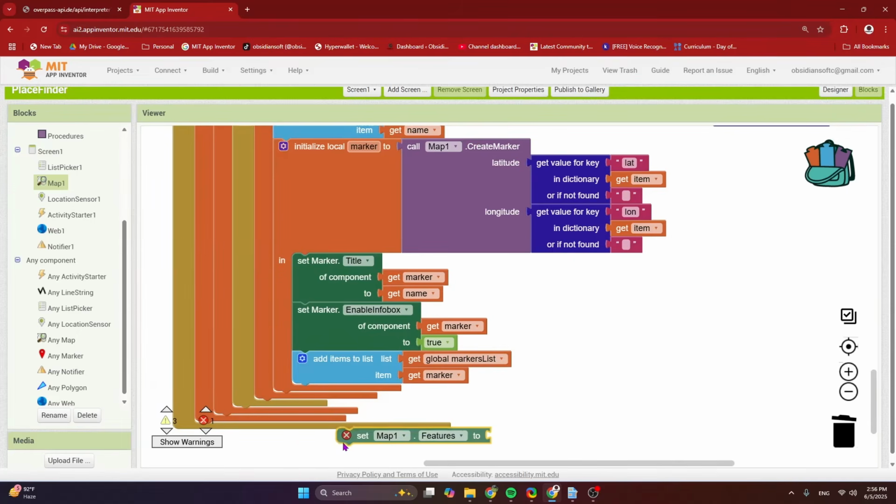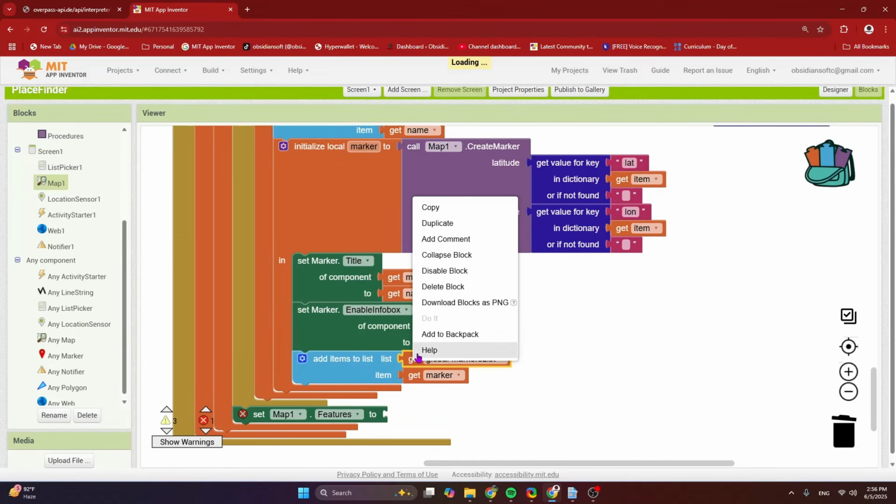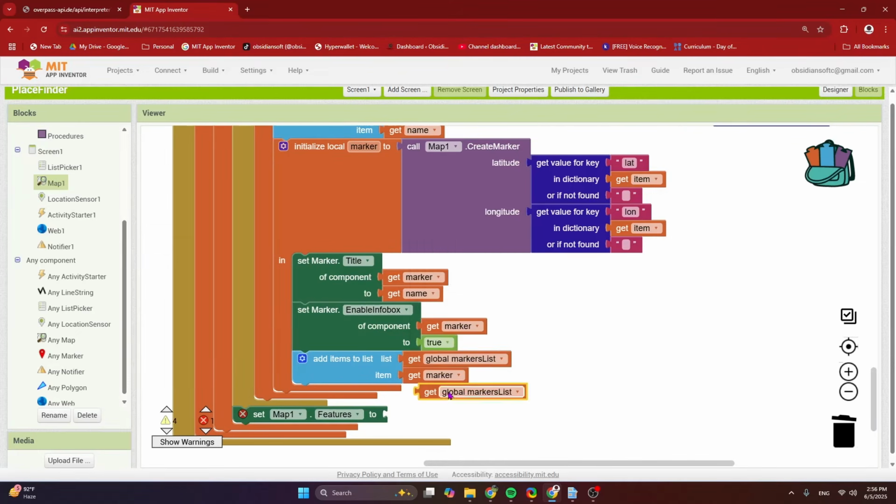This one. So outside this for loop, I'm going to set my maps features to my markers list. This is important, you need to give your markers to the maps features, otherwise you will never be able to remove them.